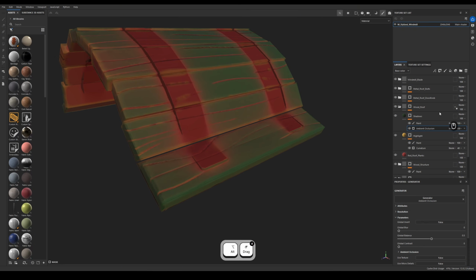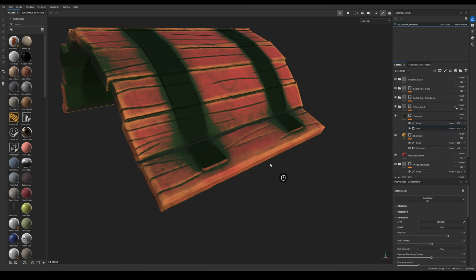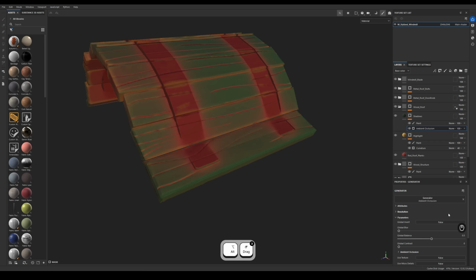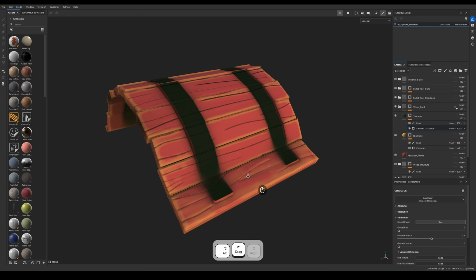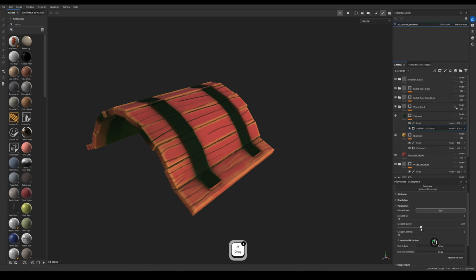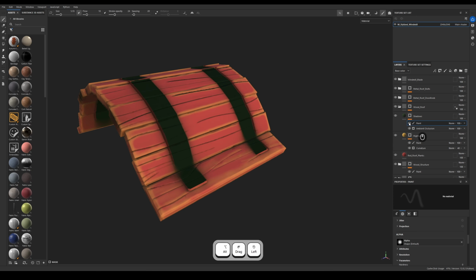right? Which is not really doing what I want. So maybe instead of ambient occlusion, you go with a dirt. Nope, not liking that either. I think ambient occlusion is correct, and then I think what we need to do is just invert it. All right, so now you get something like that. You can bring it in, bring it out. You kind of choose how you want to do it, and then you paint on top of it,